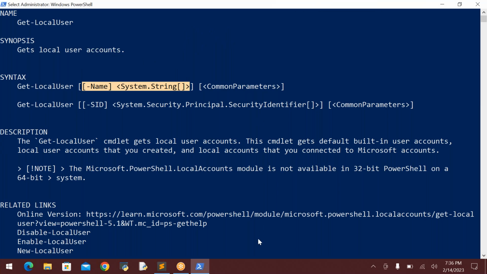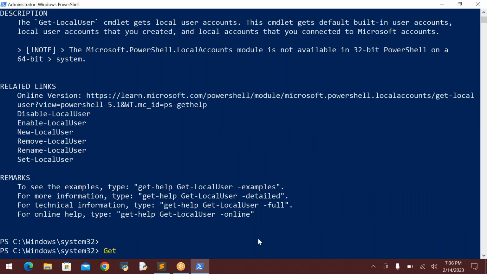Now, one more component also we covered in the last session. How to read